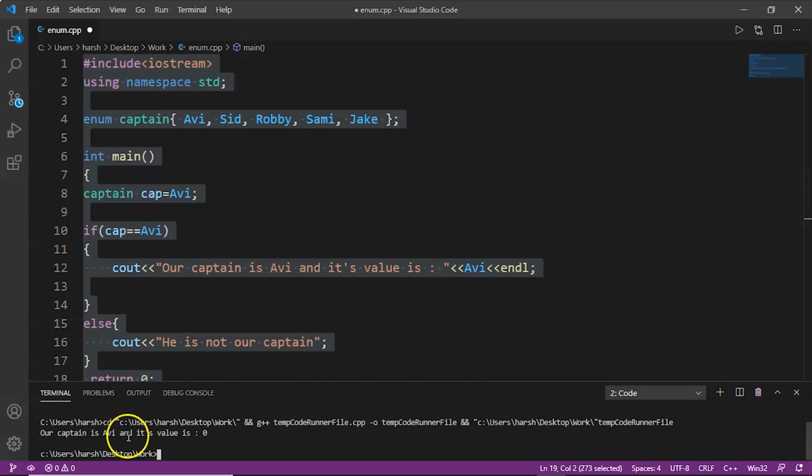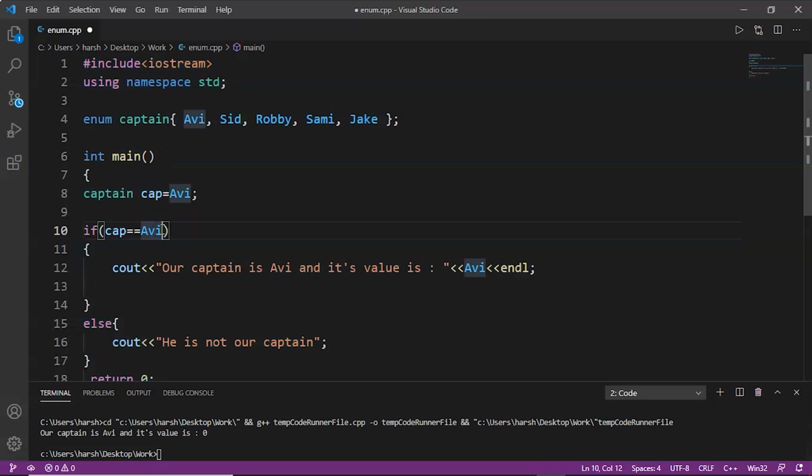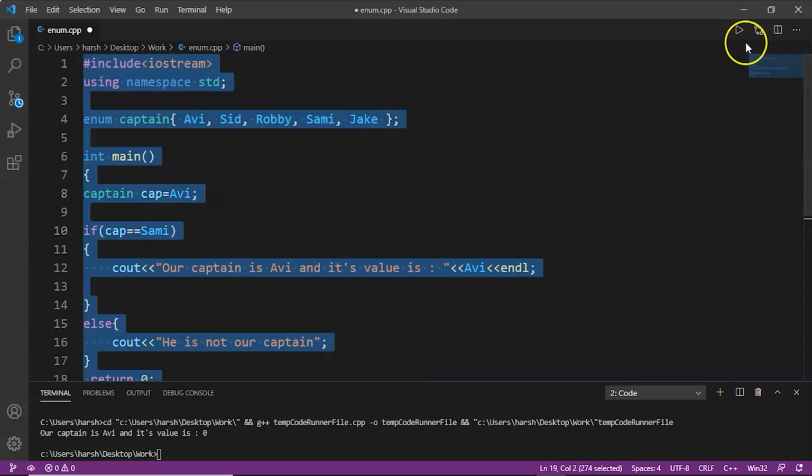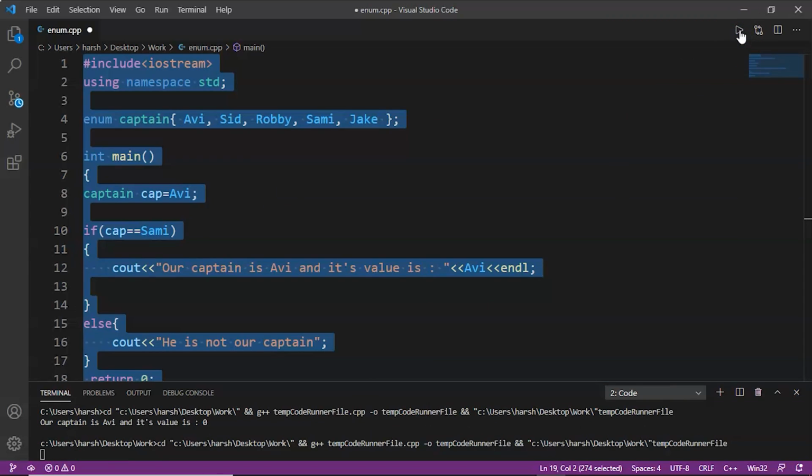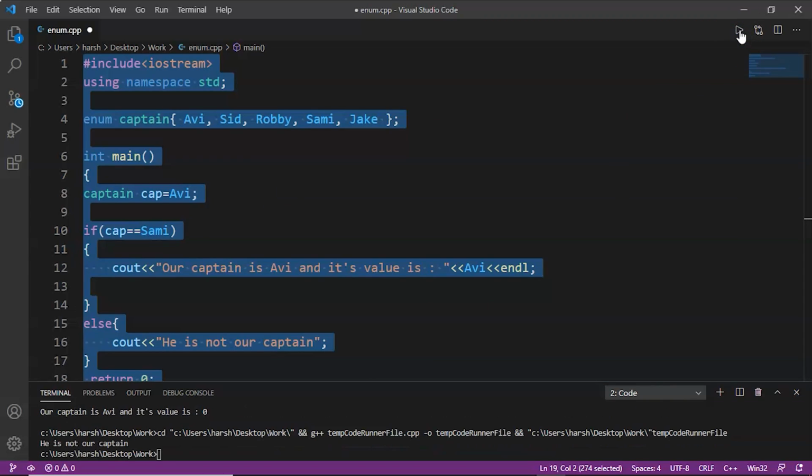Our captain is Avi and its value is 0, because here as captain we have declared Avi, so that is why this is printing. If we write, let's say, Sammy over here, then it will print the else part. He is not our captain.